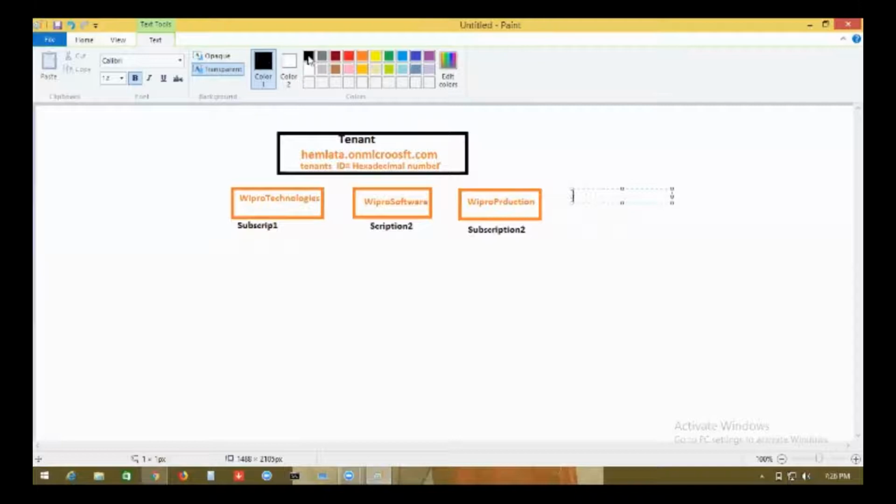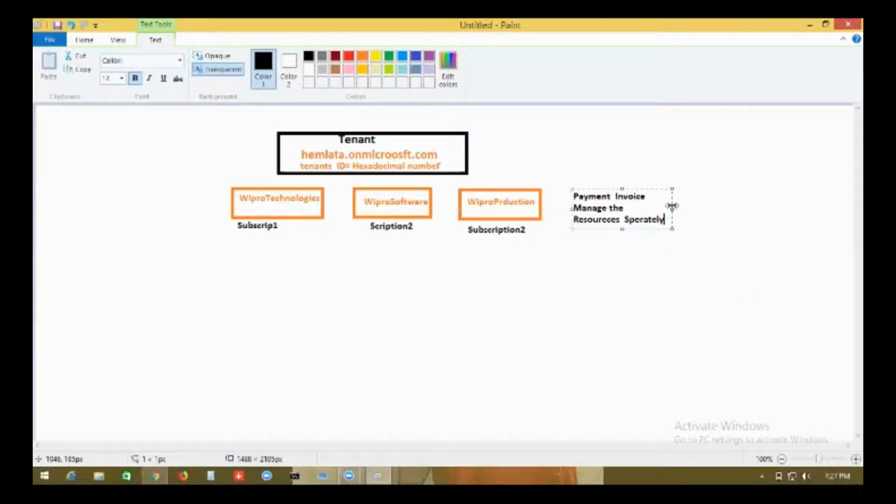So when Microsoft raises the bill, they send three separate payment invoices. Second, as an administrator, you can manage the resources separately.